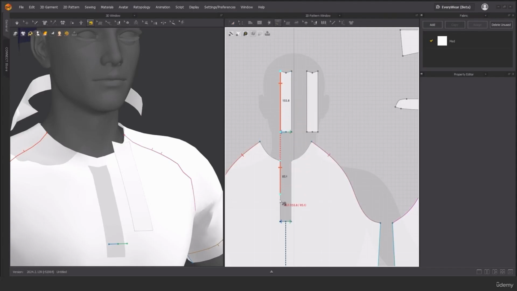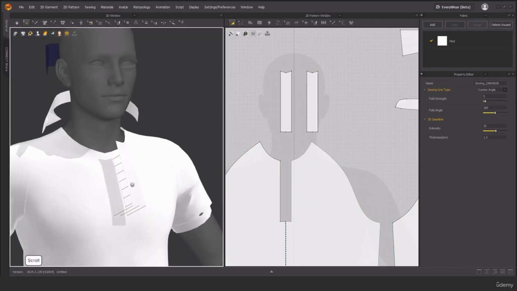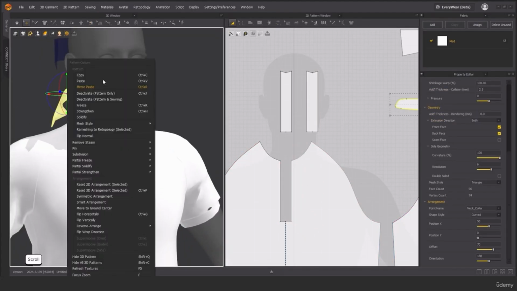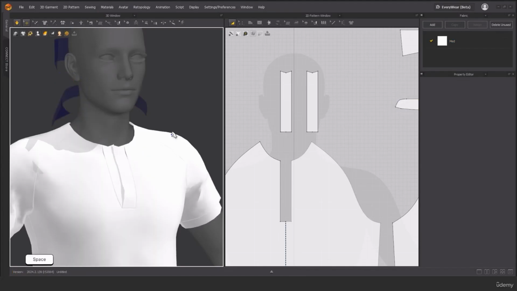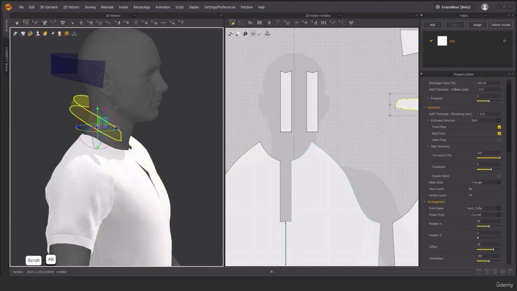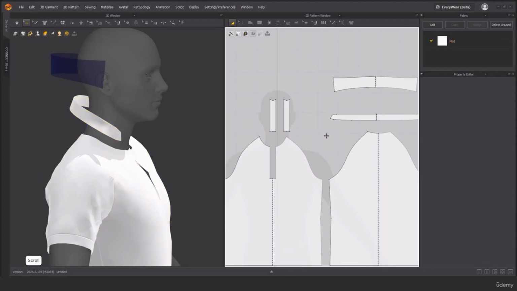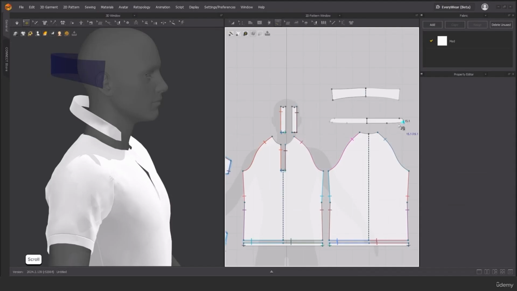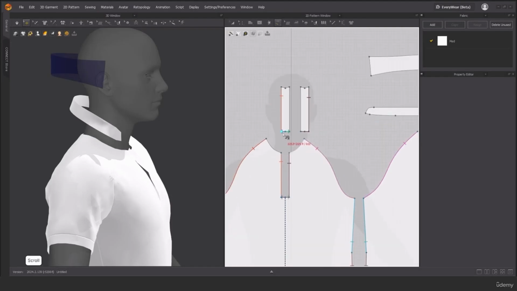Next, connect these parts from here to here and attach it using free sewing. Okay, like this. Deactivate this and press the spacebar and see how the pattern separates. Now reactivate using Ctrl and J, and if you want to connect one part to multiple sections, hold Shift and select the additional parts like this